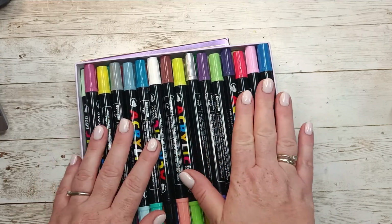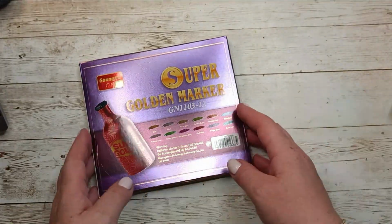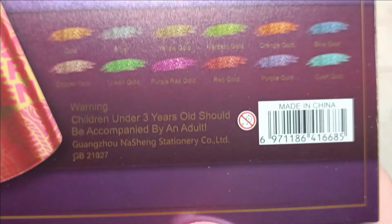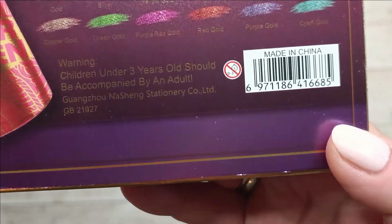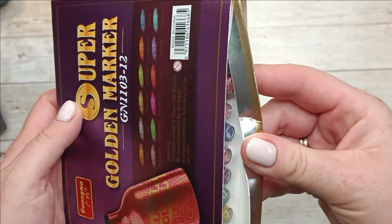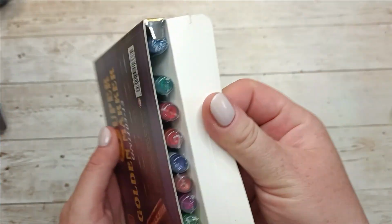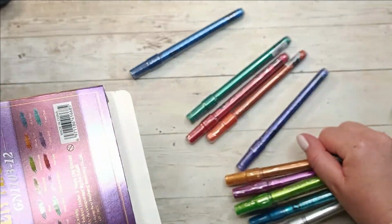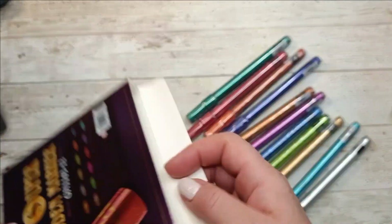Before I do the swatching, let me show you the super golden markers. There are 12 colors. If I have to reproach them, one thing is the packaging. The packaging looks quite cheap as opposed to the quality of the markers itself. So maybe it would be good to actually change the packaging a little bit to make it look more